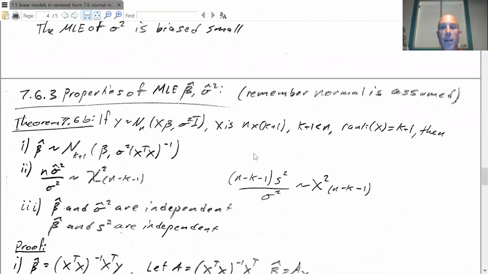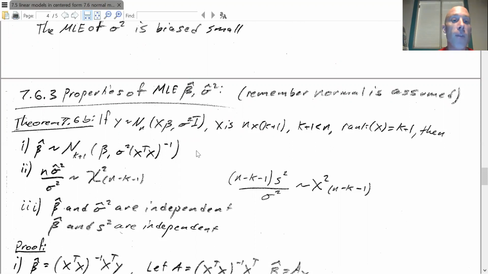All right, now let's take a look at the properties of the maximum likelihood estimates. Remember, when I do this, I am assuming that we have normally distributed residuals. If I don't have normally distributed residuals, I don't have a distribution, therefore I don't have a likelihood, therefore I do not have a maximum likelihood. Here's my theorem, theorem 7.6b. If y is normally distributed, with expected value x beta and covariance matrix sigma squared times I, and x is n by k plus 1 with strictly more rows than columns and full rank,